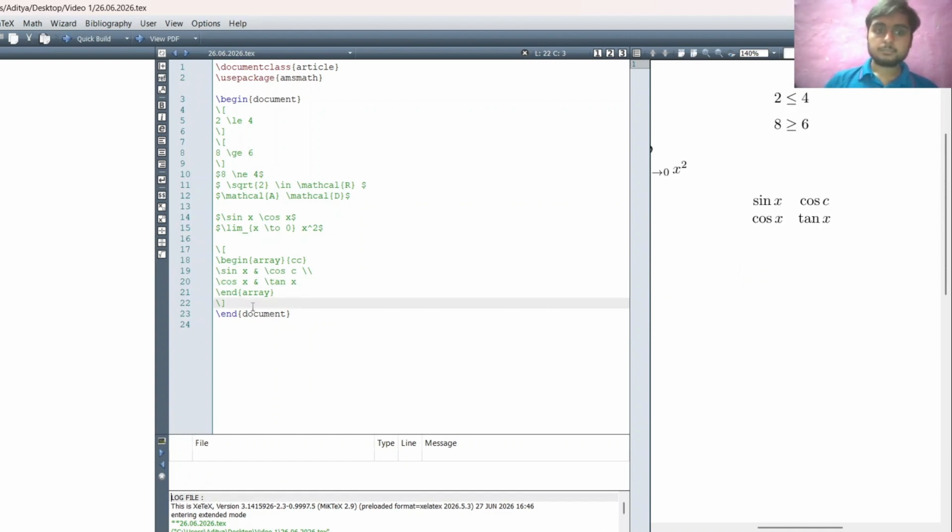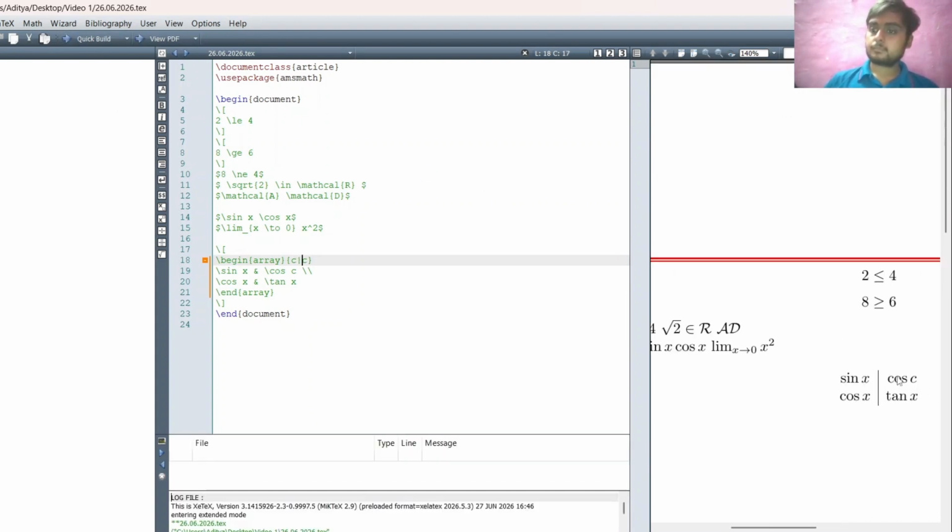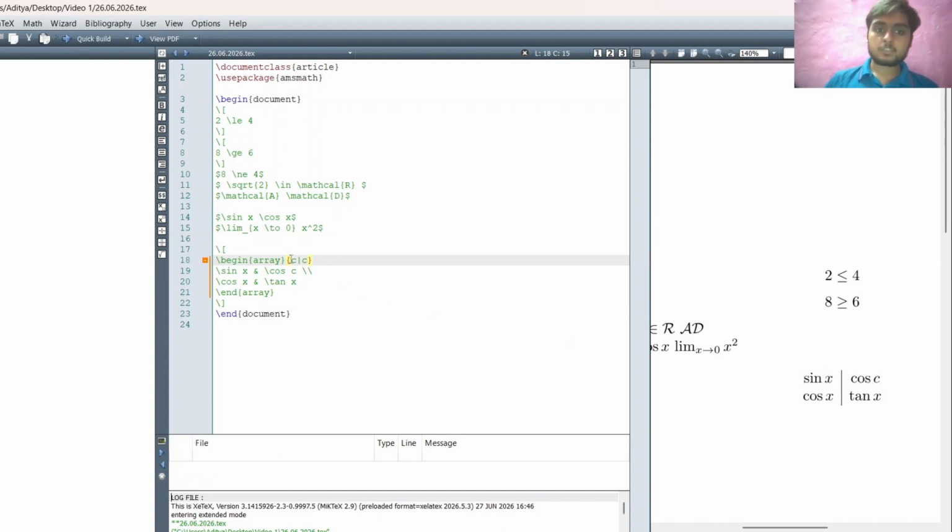Clear? If I need to insert, say, this one, so I got a line. Suppose I need to insert a table here, so we can use this mod operation.